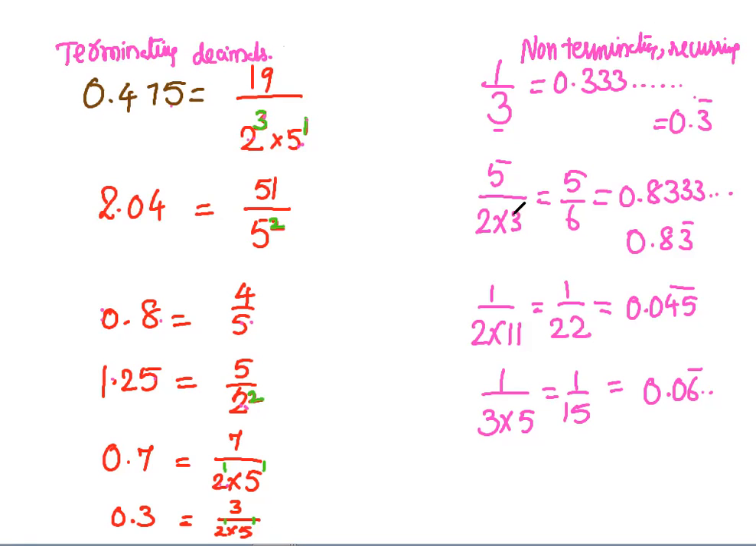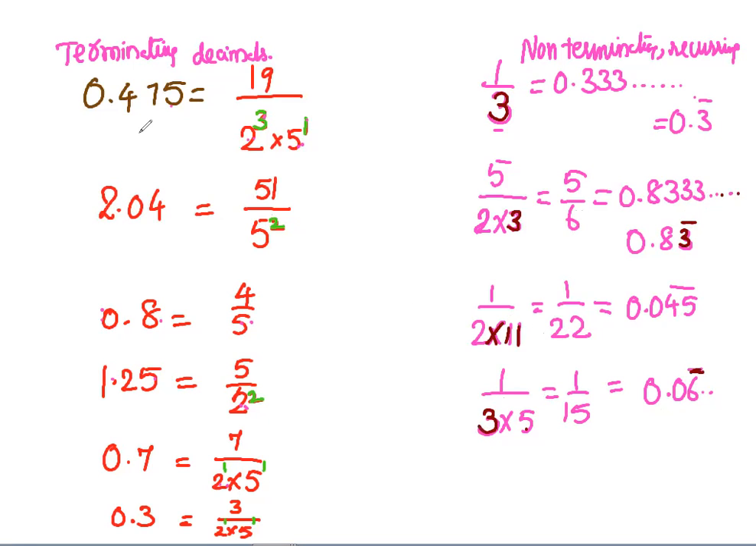So here, to see 2 into 3, other than 5, 3 is here. Of course 2 is there, but another prime number, 3, is here. So that's why the number became a non-terminating but recurring decimal, 0.83 bar. Then here, other than 2 and 5, 11 is here, a prime number, so it is also non-terminating. Here also 3 is here, even though there is 5, but 3 is here, so it becomes non-terminating